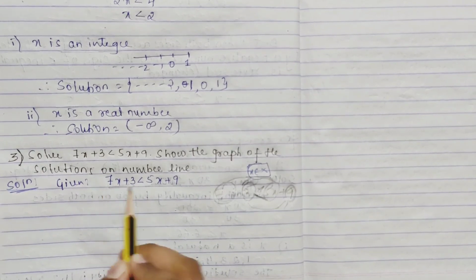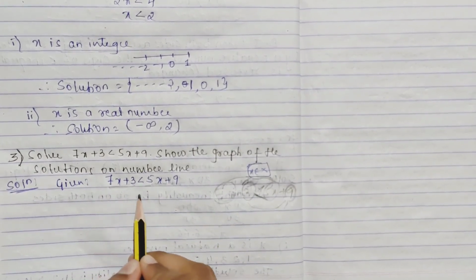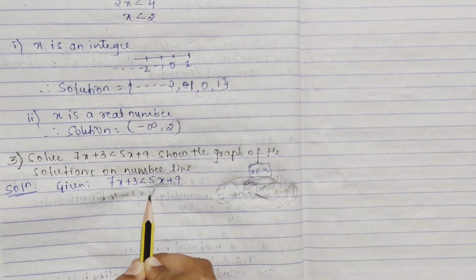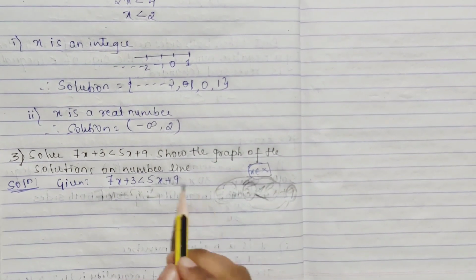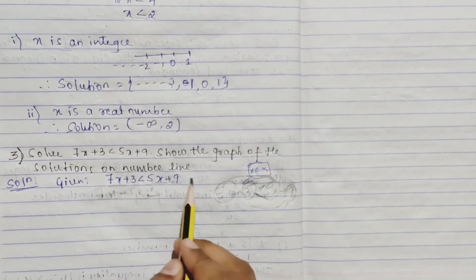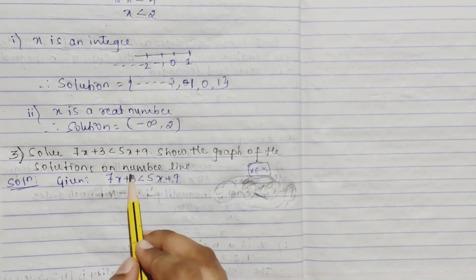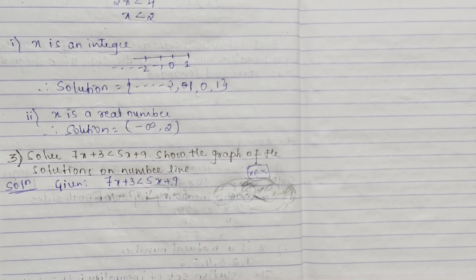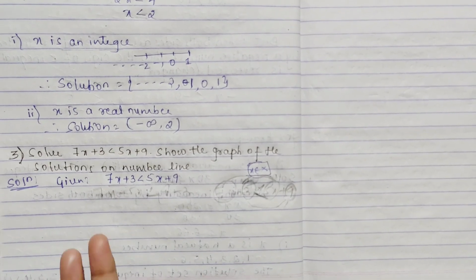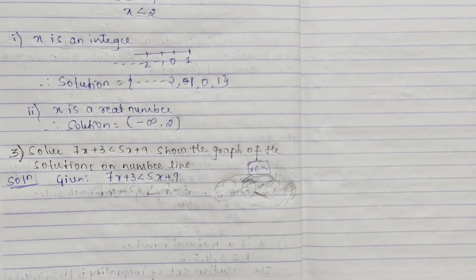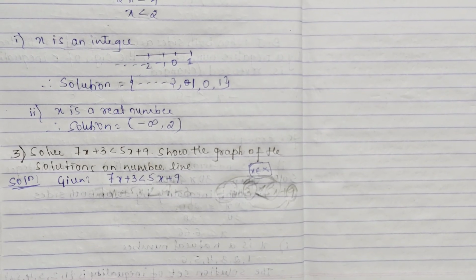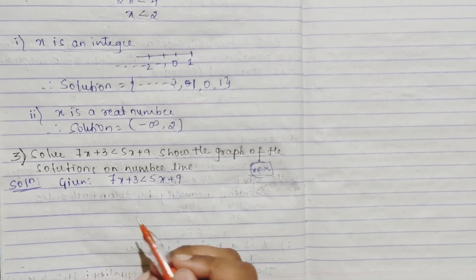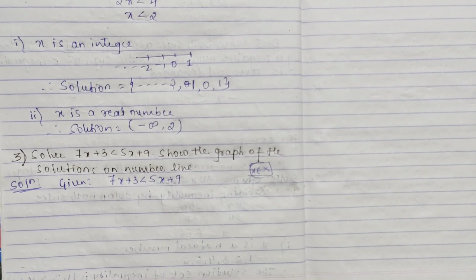So first, 5x we are getting on this side, so we subtract 5x from both sides. Here we get 7x minus 5x, and 5x goes off. Then again we subtract 3 on both sides, so 3 goes, and here I will have 9 minus 3. Simple. You have done equations, right? The same way, what we do in equations is the same, just your sign is an inequality sign. That's it. In such a way you have to understand. I will not write that now, subtract 5x from both sides and all.